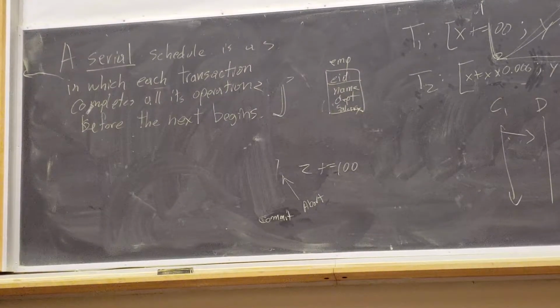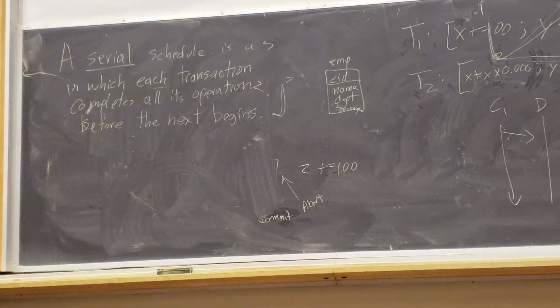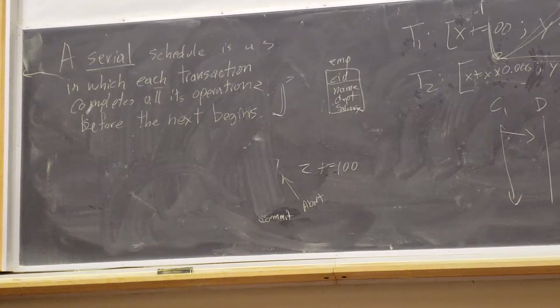Why would it be any slower to run all the operations of one transaction and then the next? You have to run all the operations, and you've got one thread. Why would it be any slower? It's going to turn out that it is, or at least in the past it has been. But why? It doesn't seem intuitive.